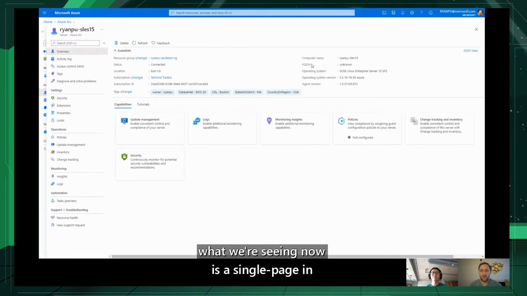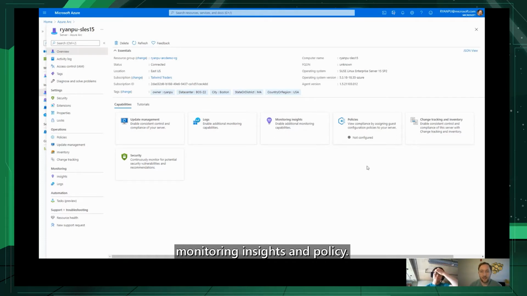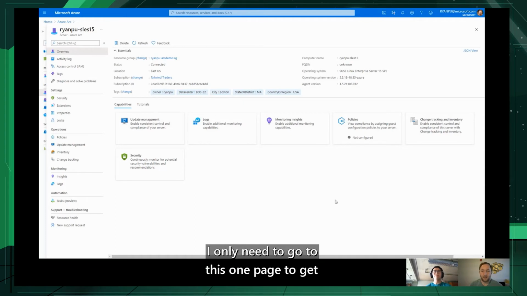And while this loads, what we're seeing now is a single page in Azure that has brought together all of the Azure services this server, which is running on my computer here in Boston, is leveraging from Azure. So for example, it could use things like update management, monitoring insights, and policy. As a server admin, I only need to go to this one page to get access to all of these